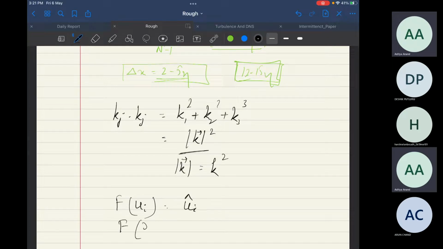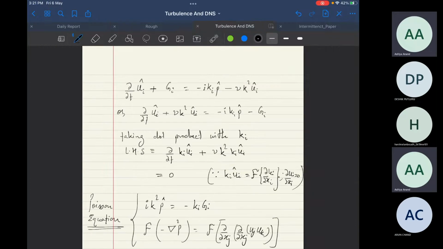Then your Fourier transform of del ui by del xi, this is the continuity equation, which is 0. This would be I ki ui hat, and since this is the Fourier transform of 0, this would be 0. So your I ki ui hat is 0. So your LHS identically goes to 0,